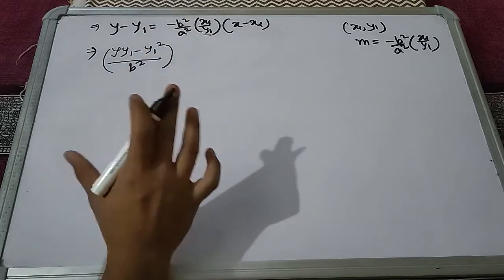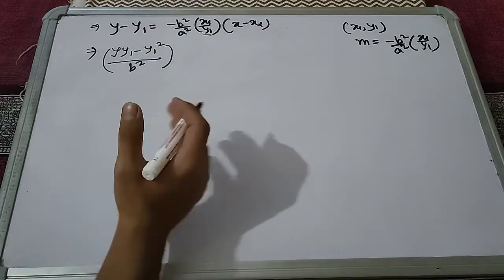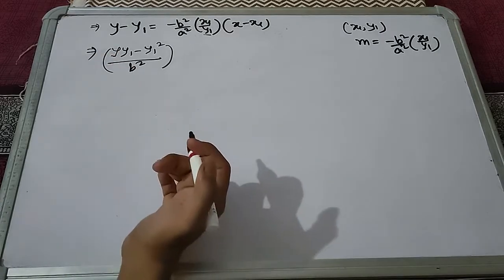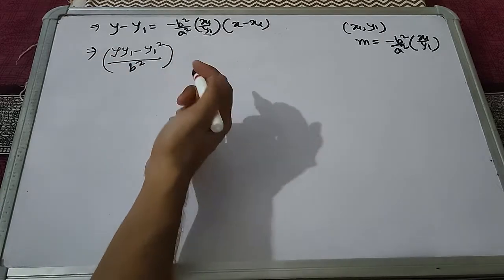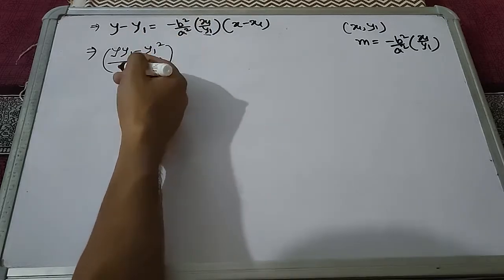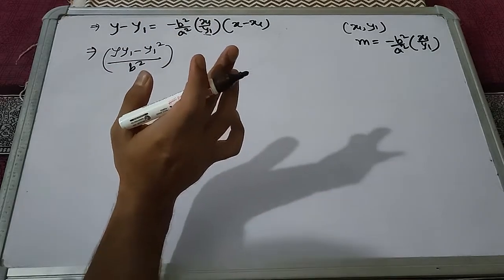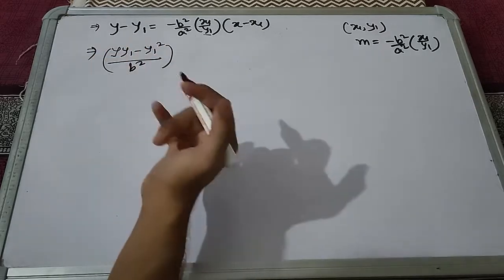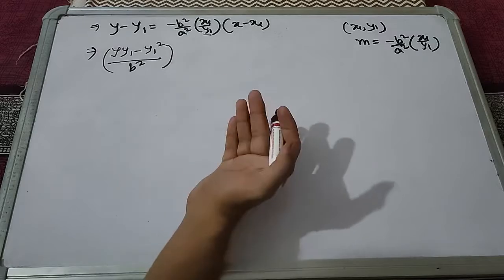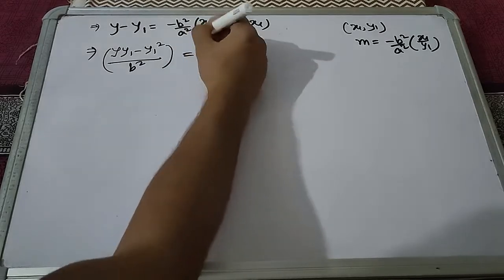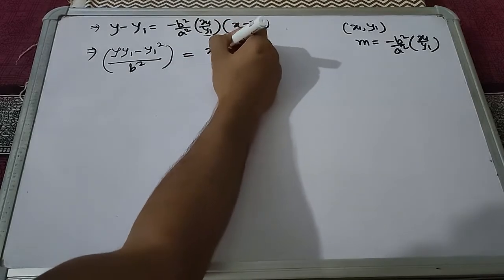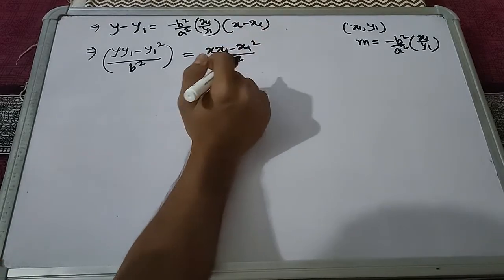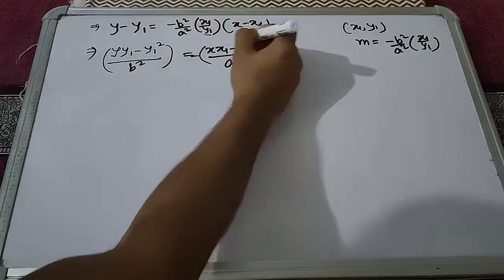See, you can solve this question in your way also, but I am doing the thing such that to minimize the steps, so that you don't find it very lengthy. Otherwise, you might think that why I will bring this b square over here directly. You will understand why. But if you are not understanding, do it your way. You will maybe require 5-6 lines extra, but you will go to the same end point. And this is x1 minus x1 square by a square. And we have a minus as well.